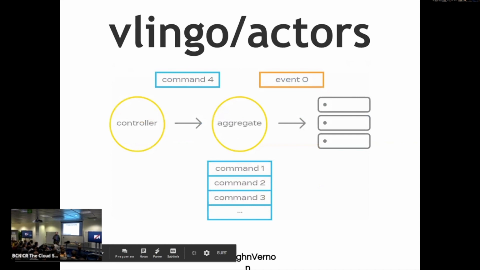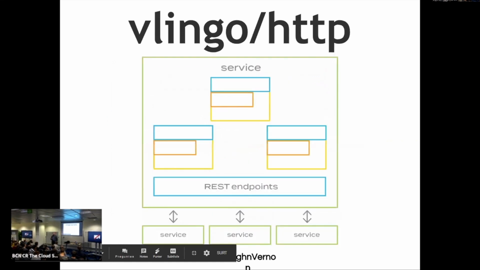Vlingo actors can be designed around DDD kinds of components, like controllers, REST resources, and aggregates, and these can be command-driven and produce domain events using event sourcing, or other approaches such as just using CQRS even without event sourcing.